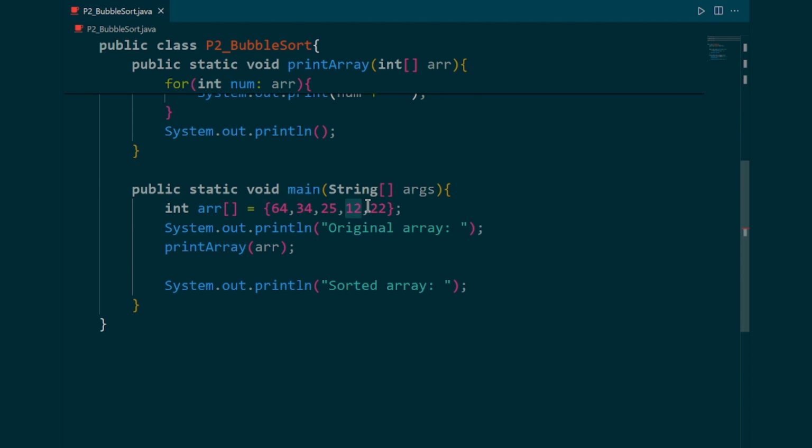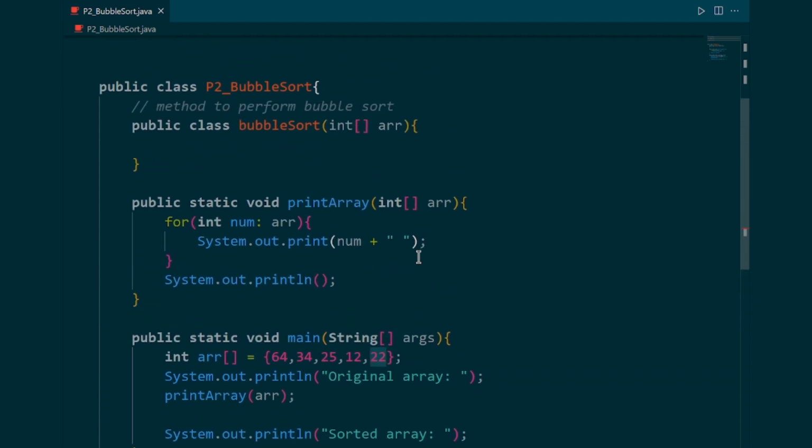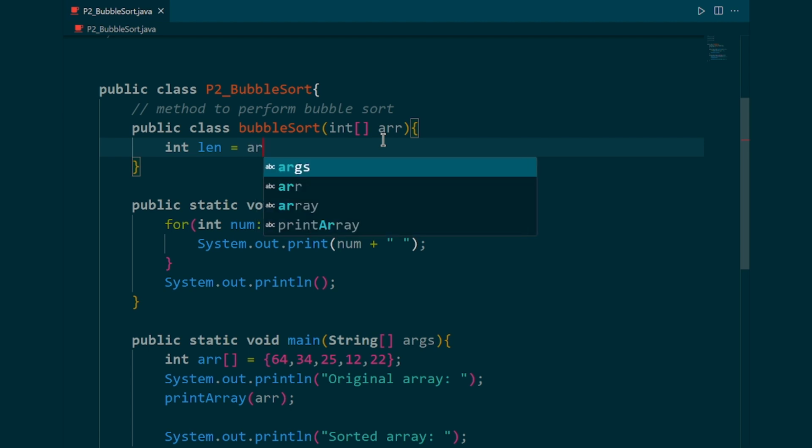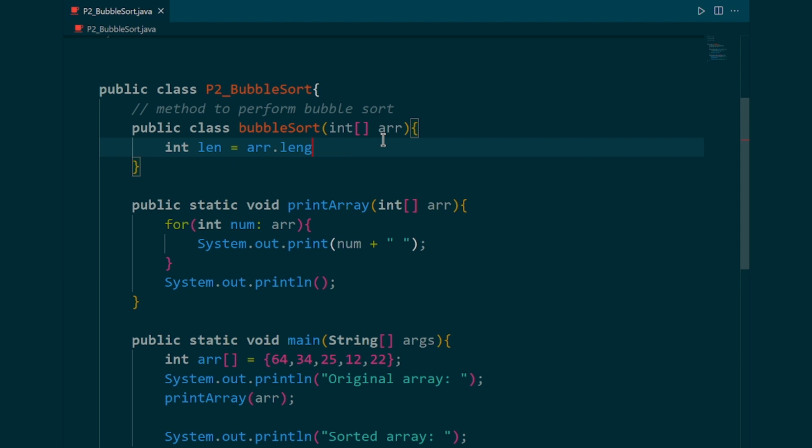At this point this will be j and this will be j plus 1. So there must be one variable which will calculate the length. For that we are just going to create a variable named length. Length, and then we will write array dot length,